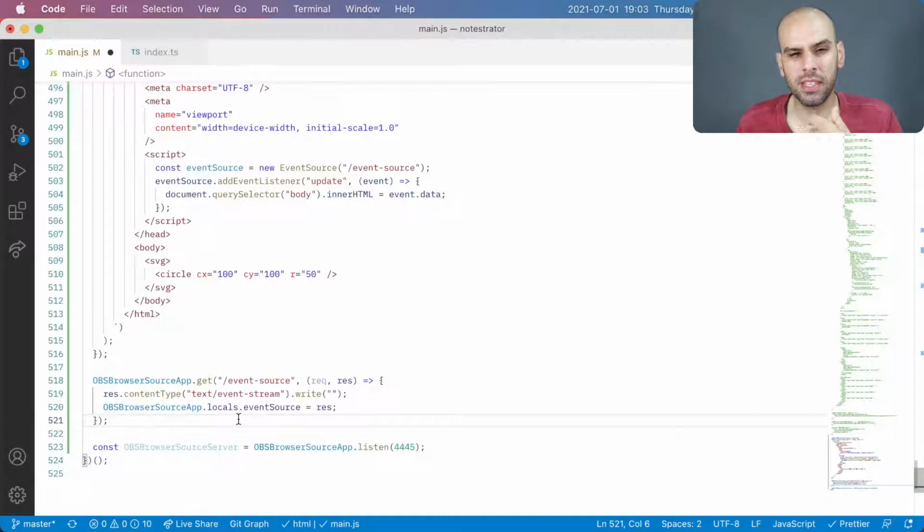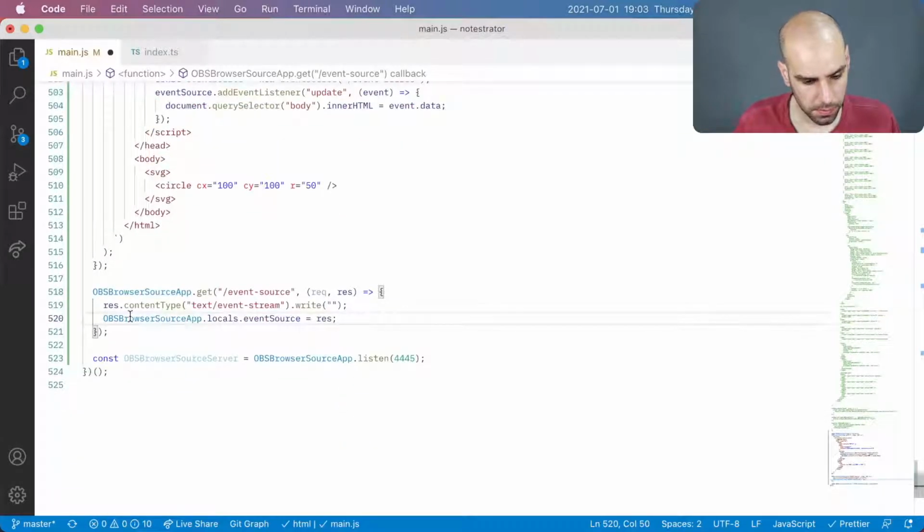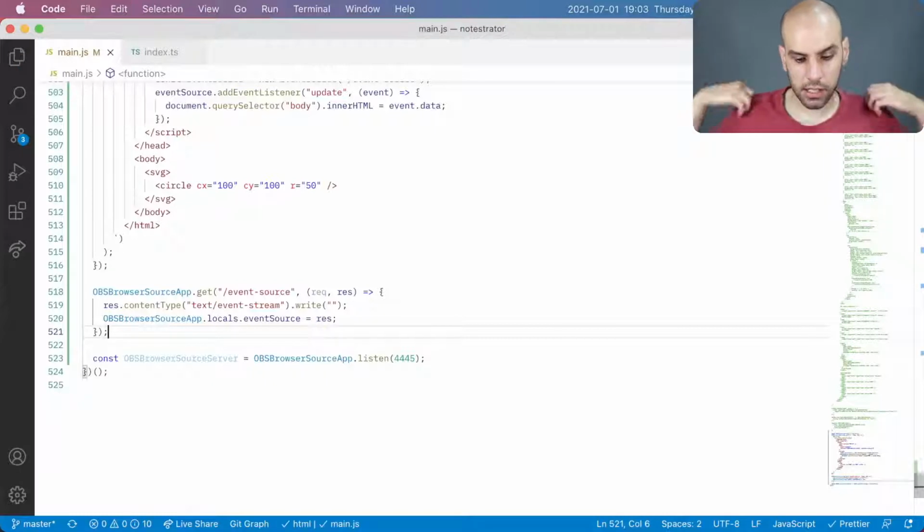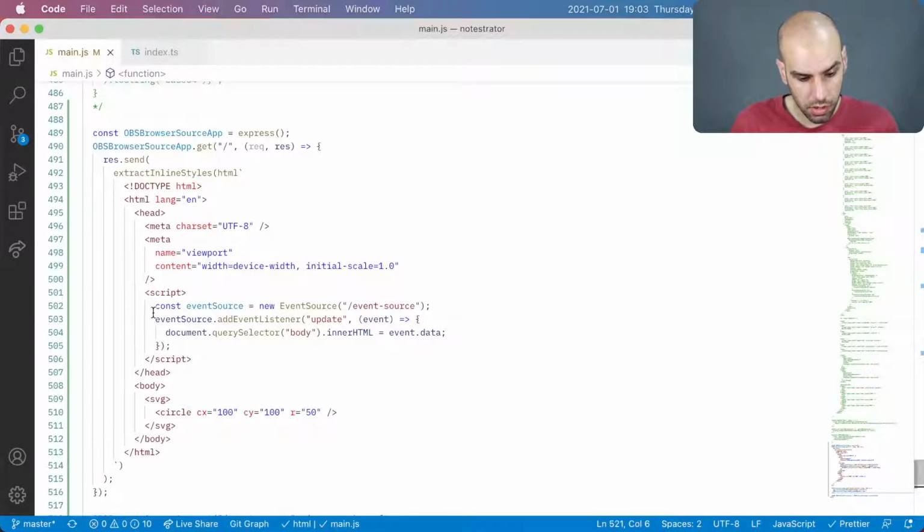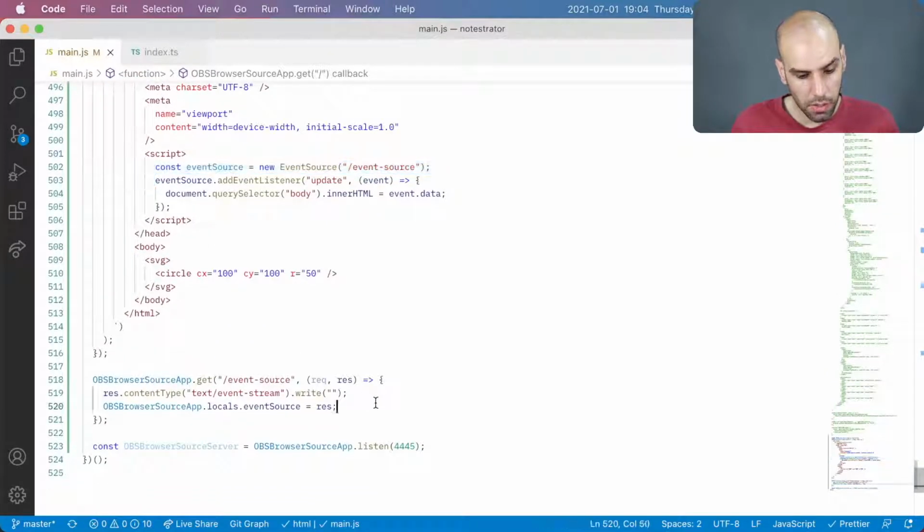So with this design, there will only ever be one connection, which I guess makes sense. You're controlling one OBS instance. So that's what this is. And that is it. The connection is established. The client knows about the server. The server knows about the client and remembers the client. So what do we do next? Well,